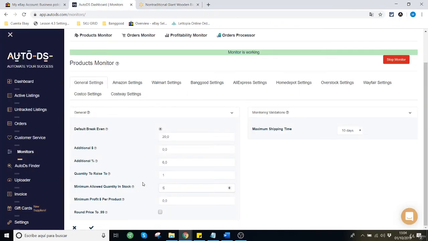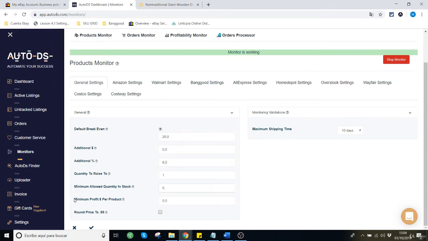I hope you understand this properly, because it's very important. Leave the value on 5, or even higher, to make sure that the supplier is going to have the item in stock whenever you go to buy it.